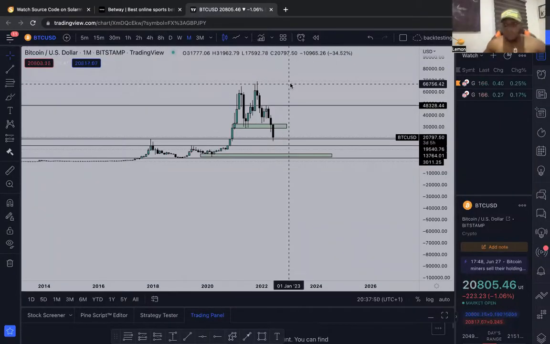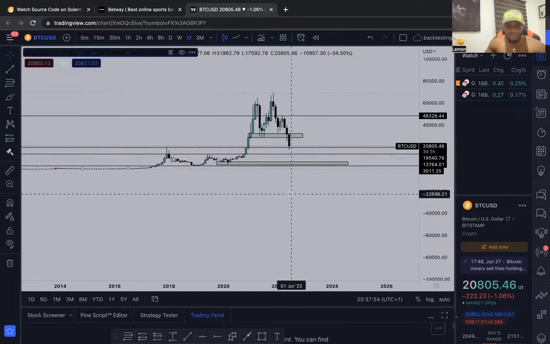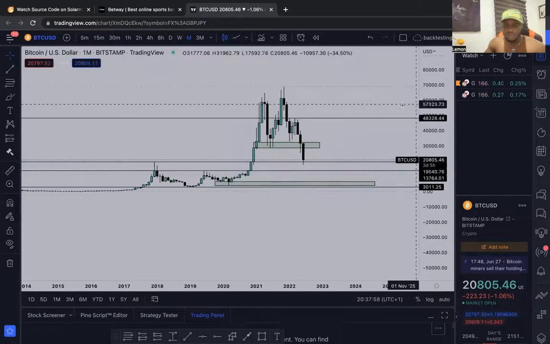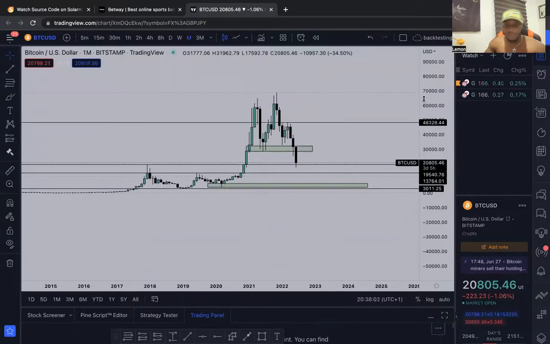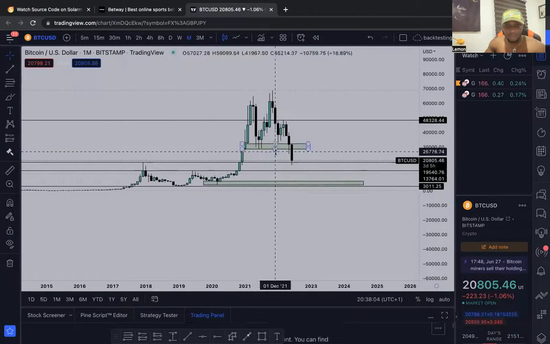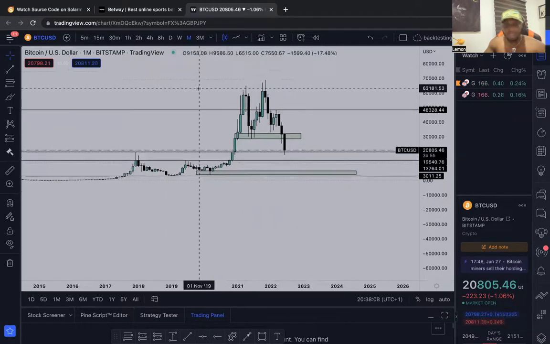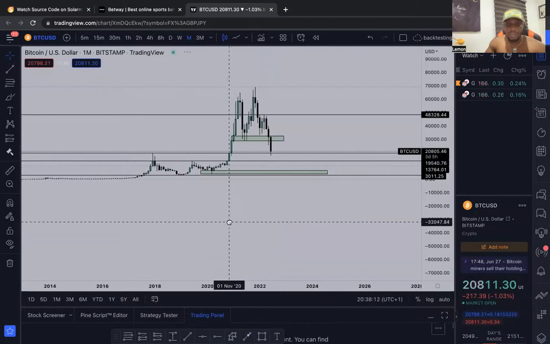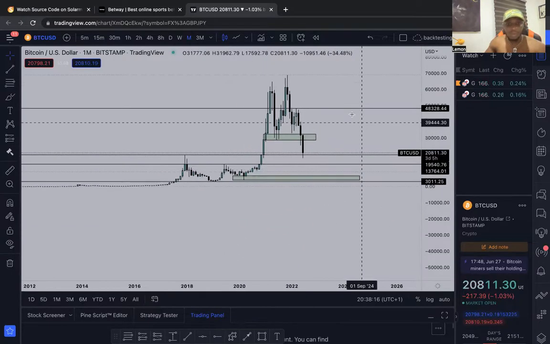So let's talk about BTC. I'll make this quick. You can actually see that we have a lot of bear candles right here. We broke this zone, right? We broke this zone. This is the monthly time frame, and the monthly time frame is always very, very vital when it comes to long-term analysis.